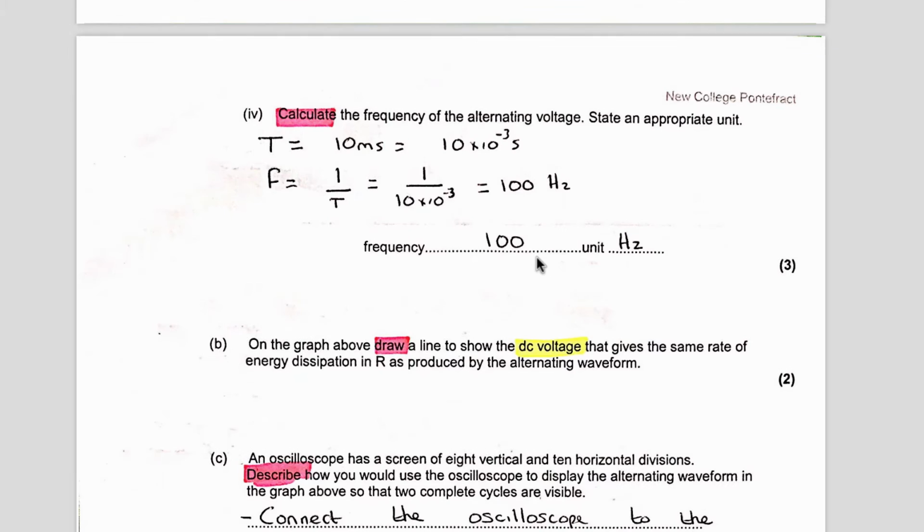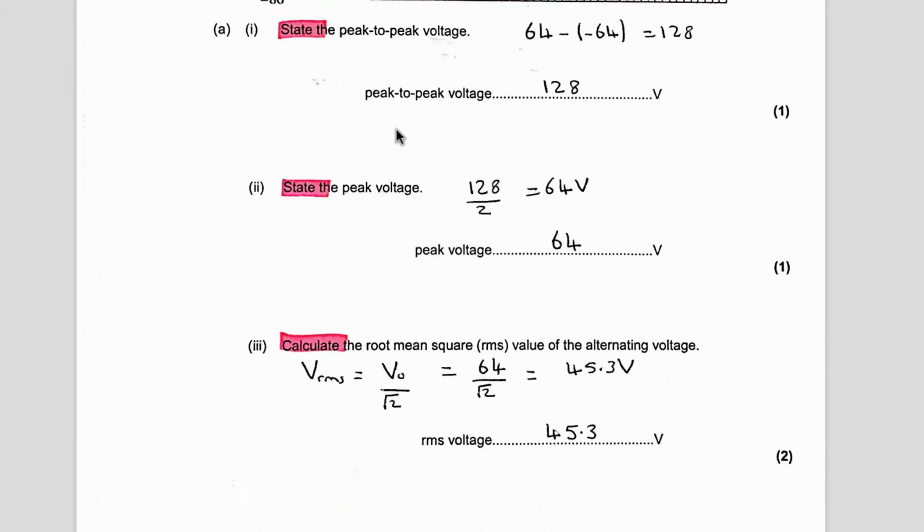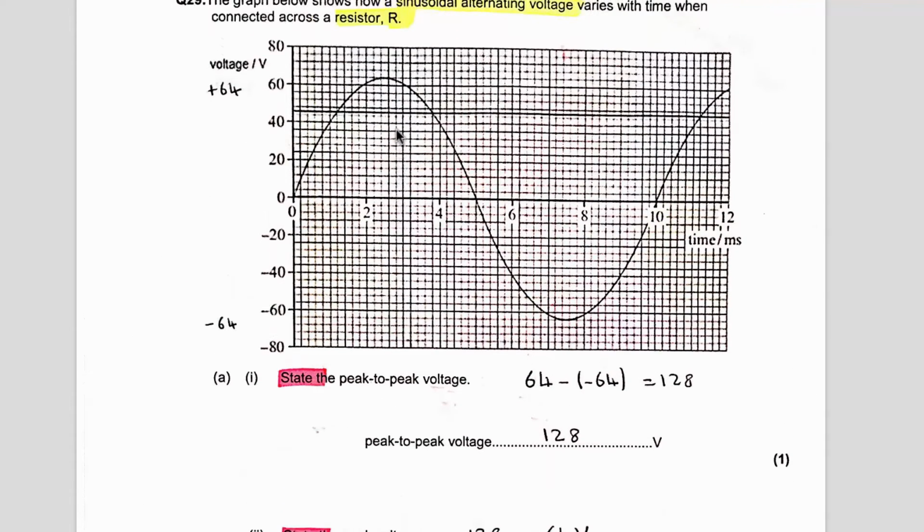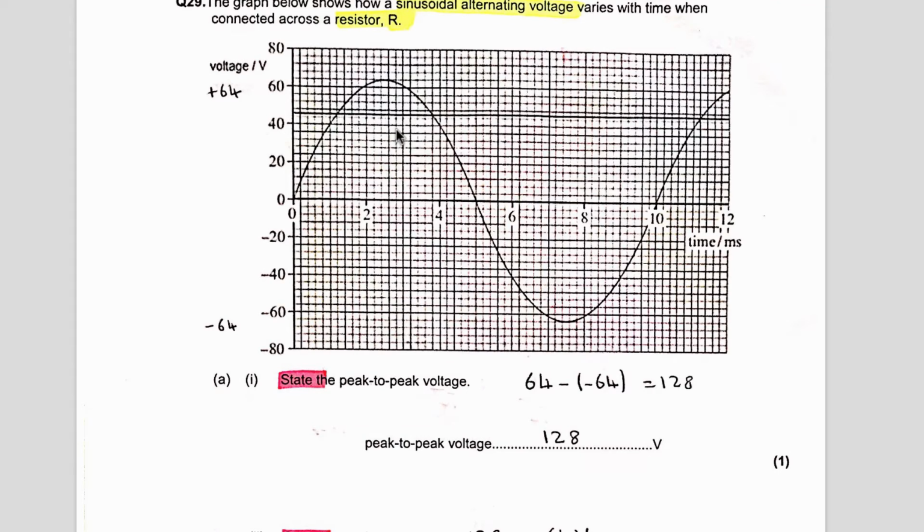In part 4, we're asked to calculate the frequency of the alternating voltage and also give an appropriate unit. So we need to go back to our graph. The way we would do that is, first of all, we would calculate the time period from the graph, and then we would calculate the frequency. The time period is the amount of time it takes for one cycle of this